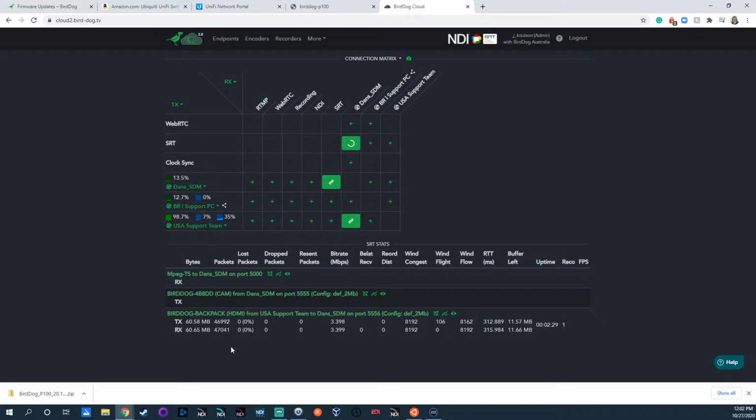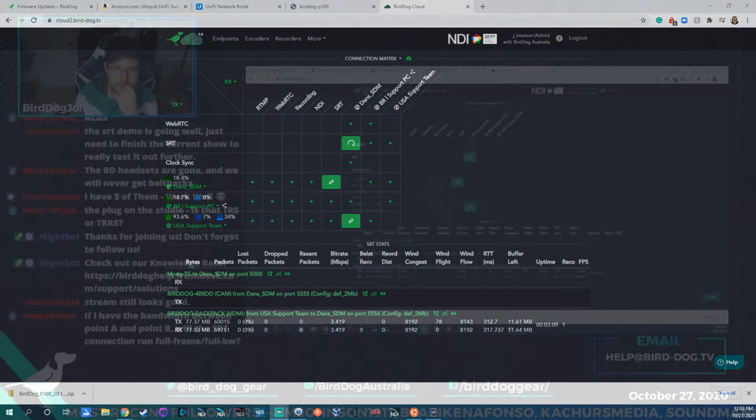Anyway, in general, obviously the bits that you have sent and that have been received should closely reflect each other. Your total amount of packets that you've sent during this connection. Total lost packets, this is how many did not arrive. Dropped packets is how many did not arrive and were not recovered. Resent packets usually reflects the lost packet number. When a packet gets lost, it gets re-requested and can be sent back, because there's a little bit of latency worked into things here, so we can actually do that efficiently and it won't break the stream.